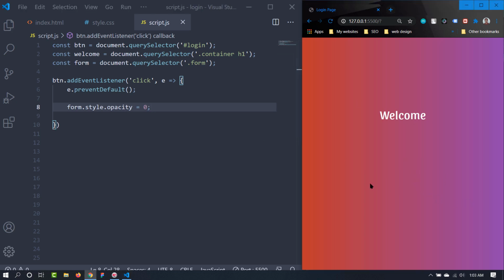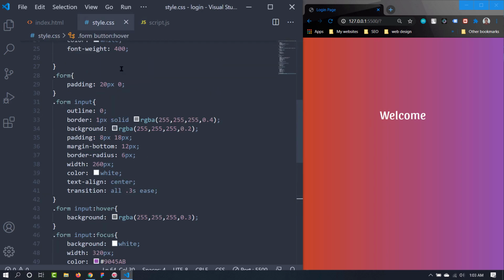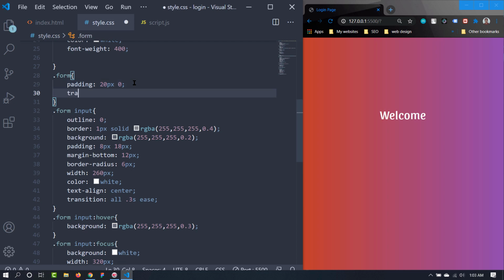Let's click it here, and it is working, but it is happening too fast, so we can actually add some transition with the form. So let's go to the style.css, and here is our form. Let's add a transition of all maybe 0.5 second ease-in-out. Okay, now it should be slower,